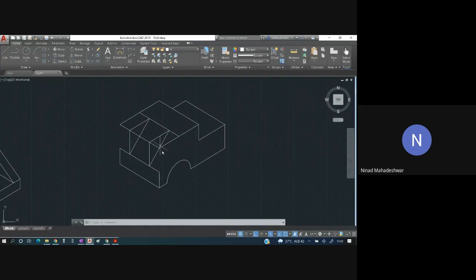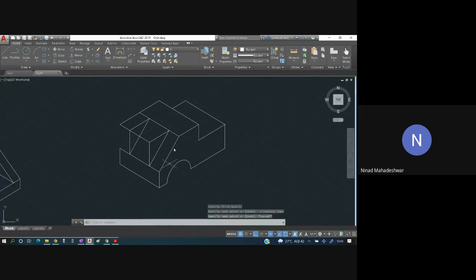Understand this part very carefully. What I'm going to do is select this line. I'm going to copy this from this part to this part. The upper part should be deleted. This part I'll just trim. This part should be trimmed. Getting this, students? From here you will have to draw a line. That is, you have to complete this part. Function F5.